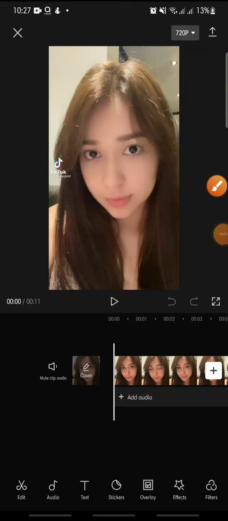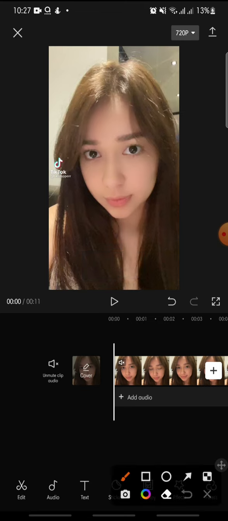In this video, I'm going to show you how to add aesthetic frame on CapCut apps. Now let's get started. First, after you open your CapCut apps and add a video that you want to edit,